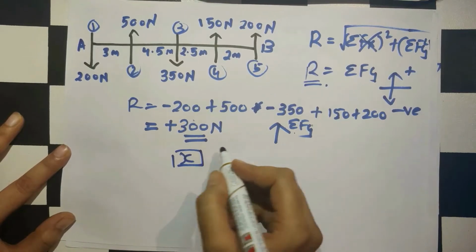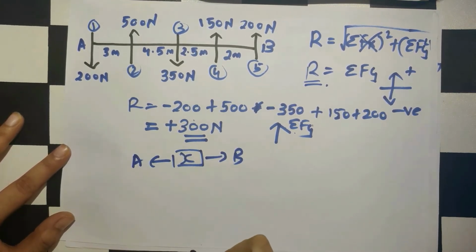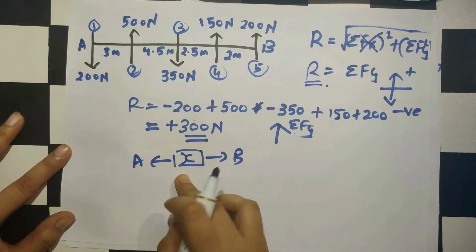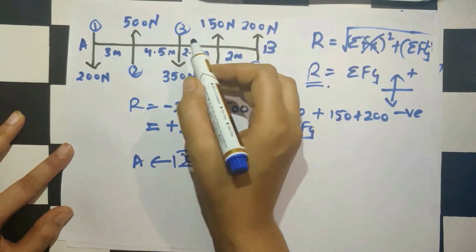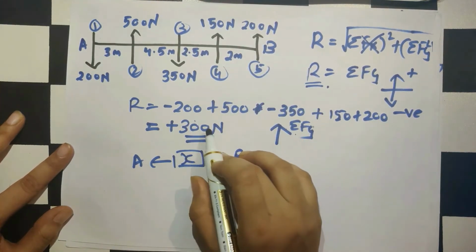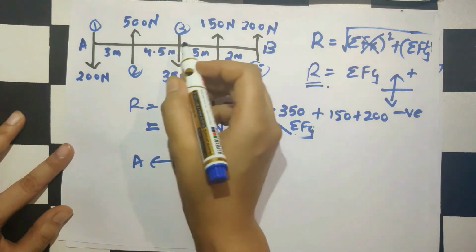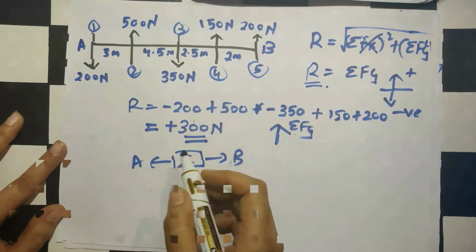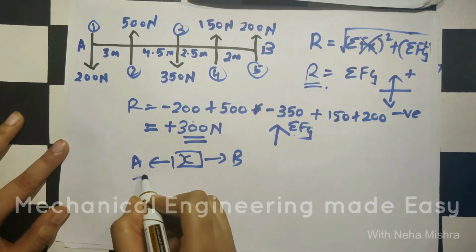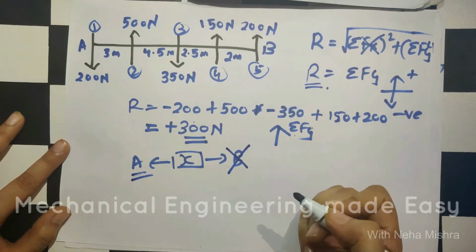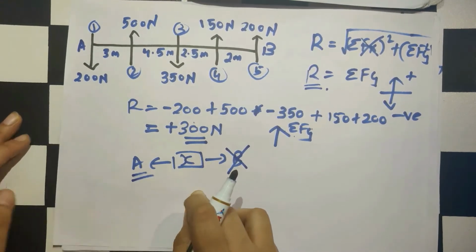Now this distance can be taken either from B or from A. Suppose I am finding this x distance from A. From A, at what distance do we have to apply this force? From A, what will be the x, and from B, what will be the x. So now let's see how to find this x. In this case, we are taking it from A, not from B. You can take it from either B or A, but we are taking it from A.